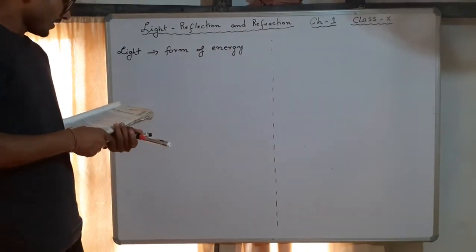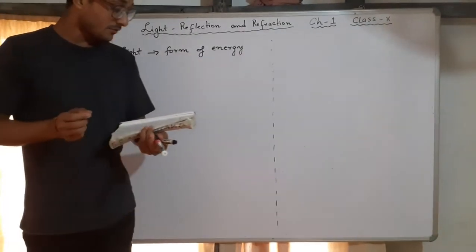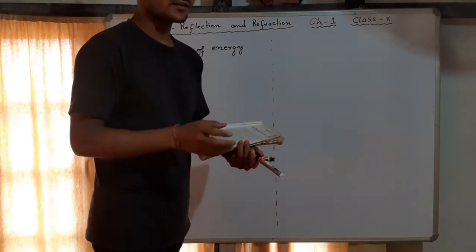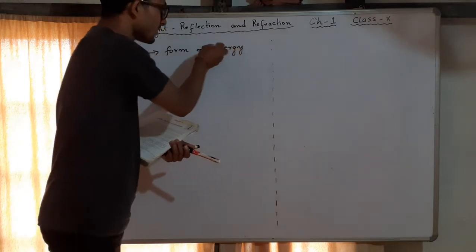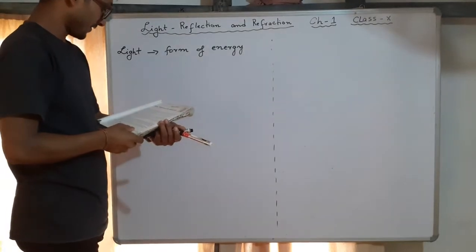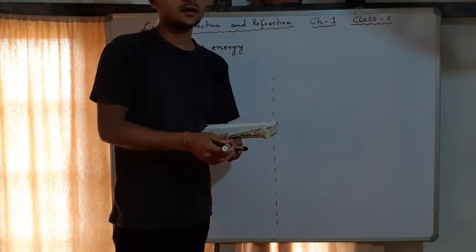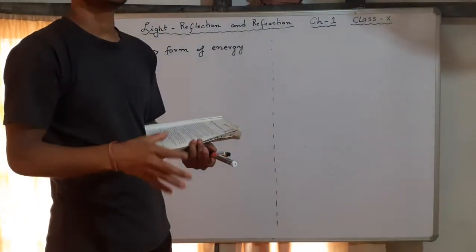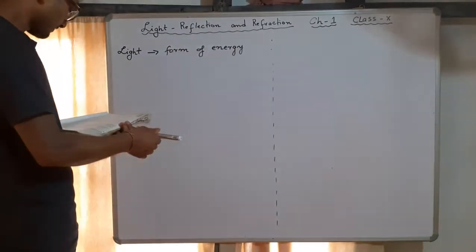Now, we use light every day in many ways, not only for finding our way around or seeing where things are. You cannot see these things here if there is no light. Light is falling here, and it is coming to my eyes. So light is very important to see things. Imagine a world which is totally dark, you cannot see anything. There are phenomena which are responsible for making us see, and others that make us see different things. These are called reflection, refraction, and many other things.